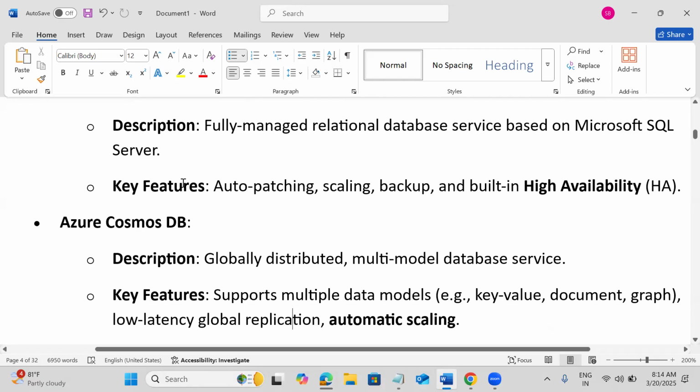Like in the Azure SQL, Azure MySQL, and Postgres servers, these are all RDBMS kind of servers, or structured query language. But some databases are now getting popular. Those are key value, document, or graph kind of databases. Those are NoSQL servers. Okay, so Azure provided one NoSQL server, that is Cosmos DB.